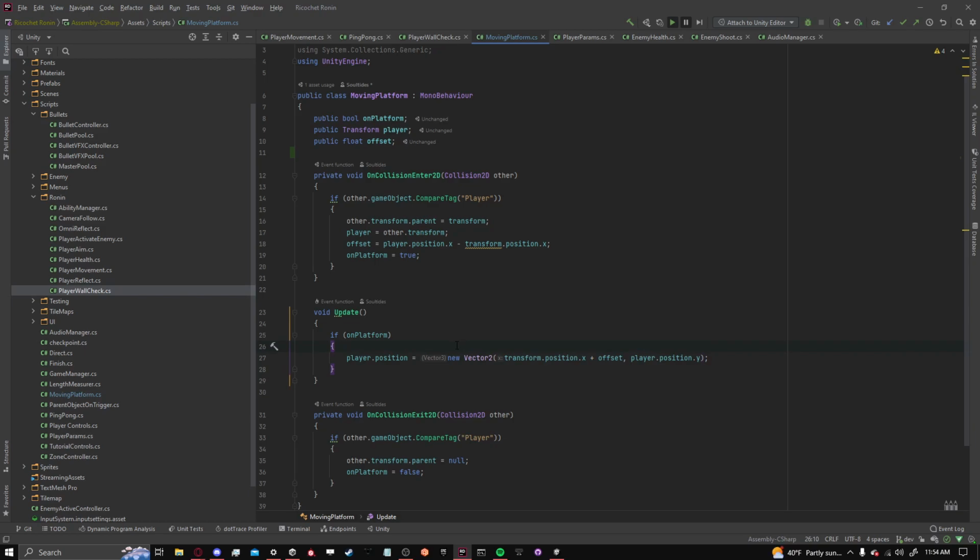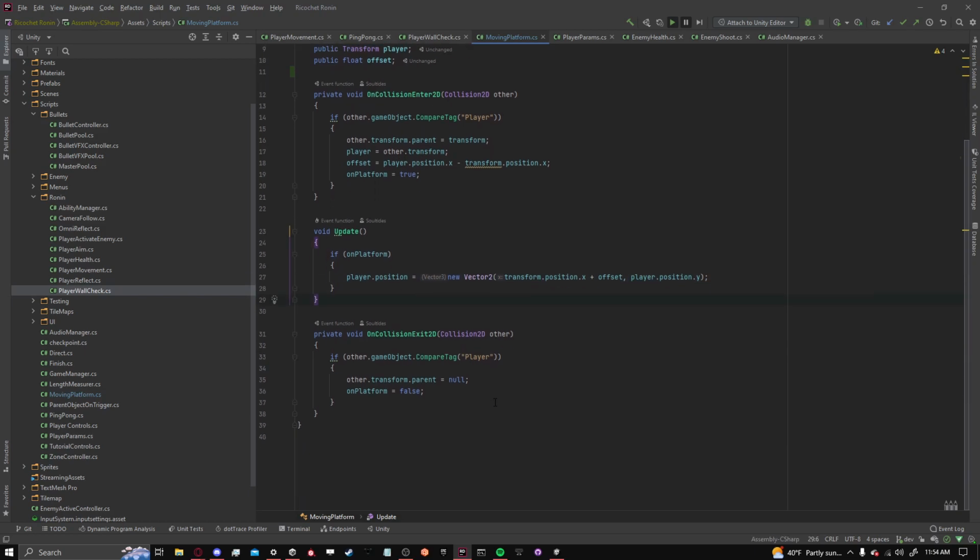That way, since we have movement in the game, which returns a 0 value when you're not moving, you technically wouldn't move with the platform unless we have this update here. And as soon as you exit, so you're no longer colliding with the platform, it sets it to null. I don't believe this works currently with our dash, so you can't necessarily dash off of the platform,